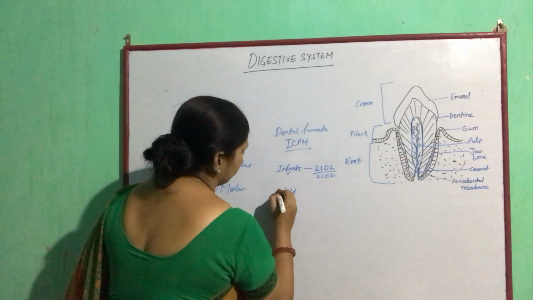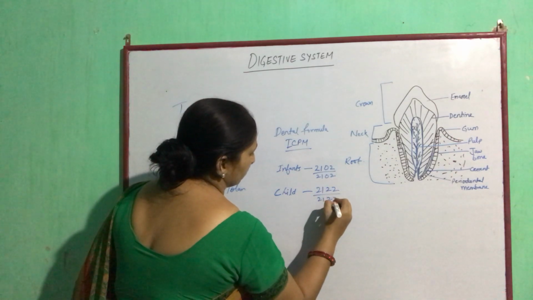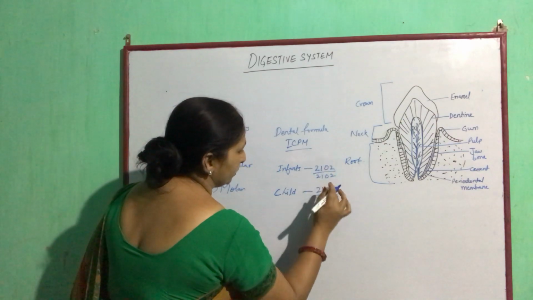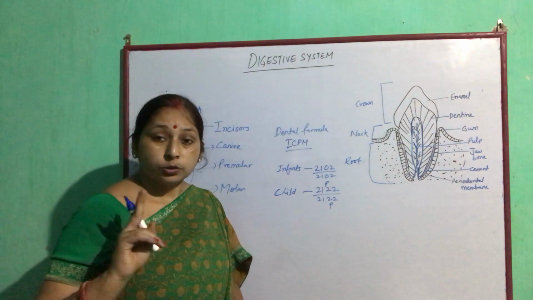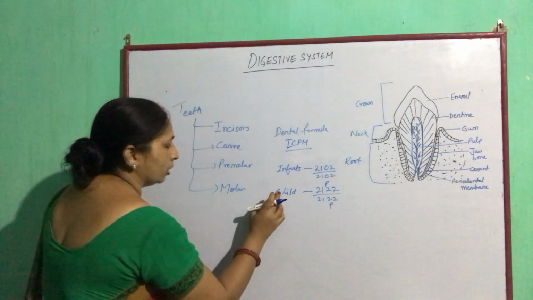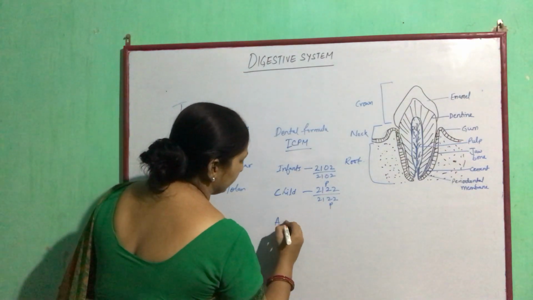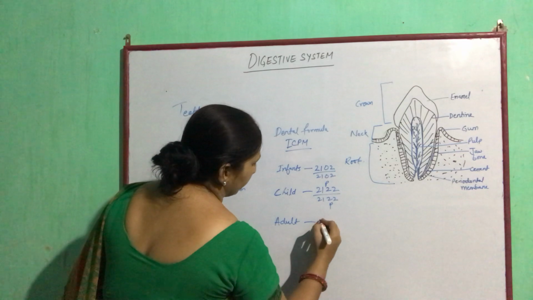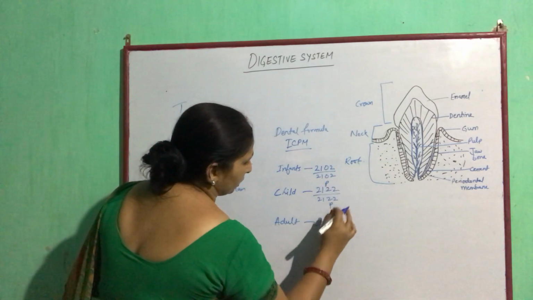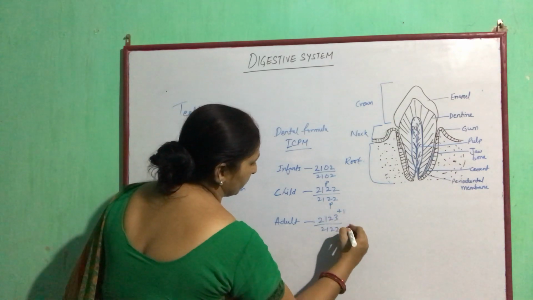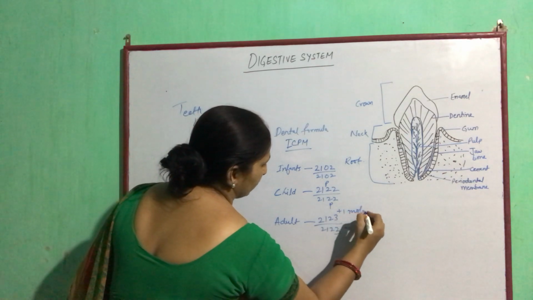Then for a small child, this is 2122. All the numbers are same. In this place, 2 premolars are added. So in childhood or teenagers, 2 premolars are added. In adults, the formula is 2123. In this, only 1 plus 1 plus 1, that is 1 molar is added, which is the